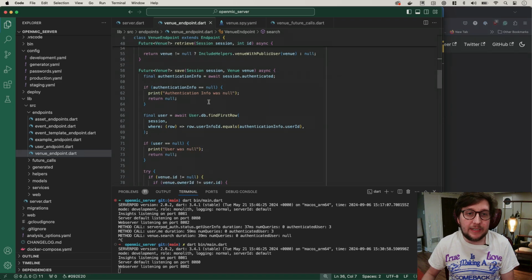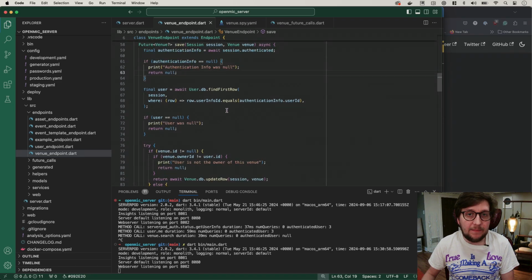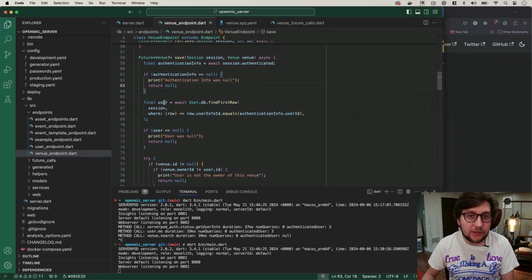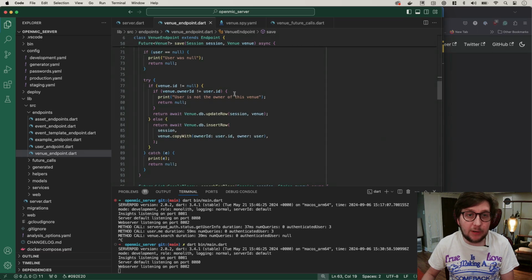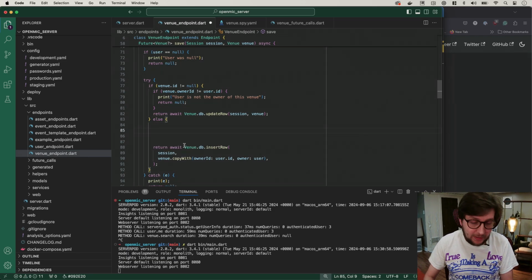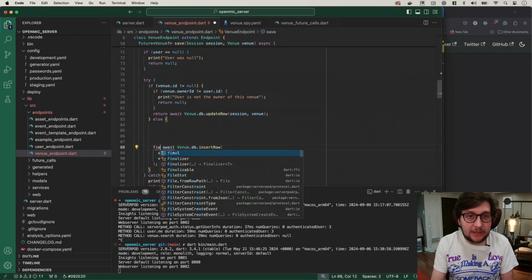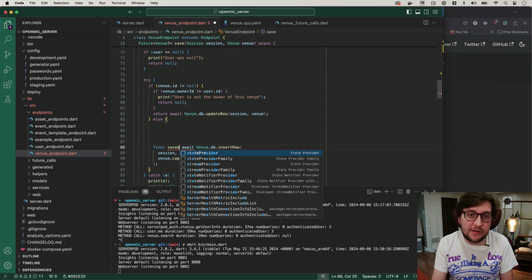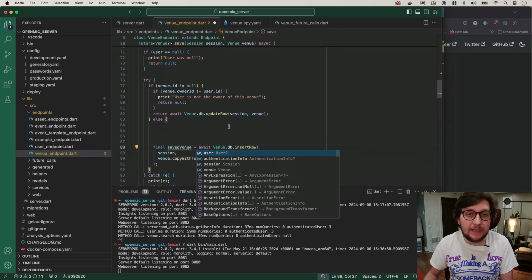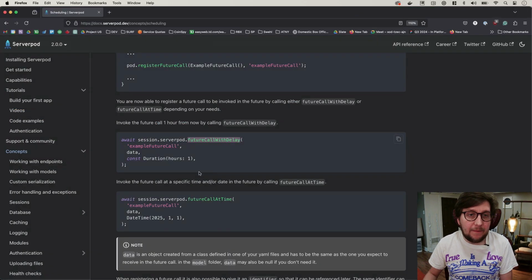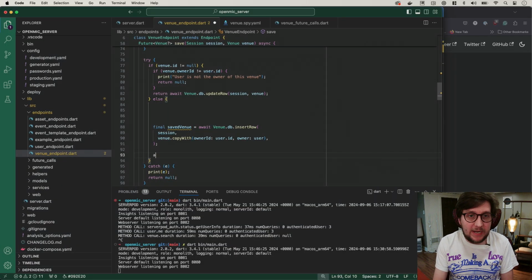So we want to do it in our save, but let's make sure we're not doing it in the update. We only want to do it in the insert. So what I want to do is actually go here and say final, we'll just call it savedVenue because we actually want to get things like the primary key and everything back here. And what we want to do is we can do await